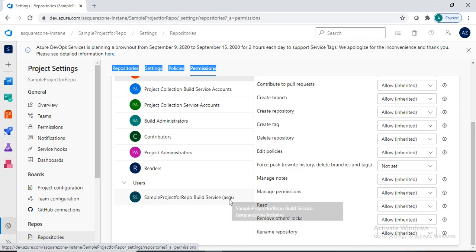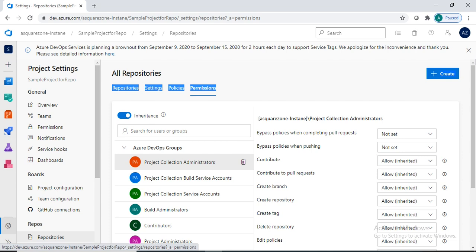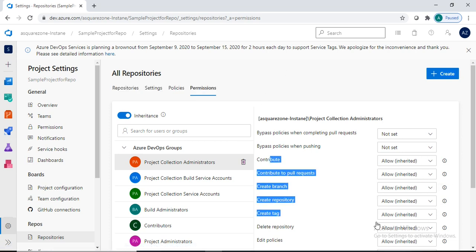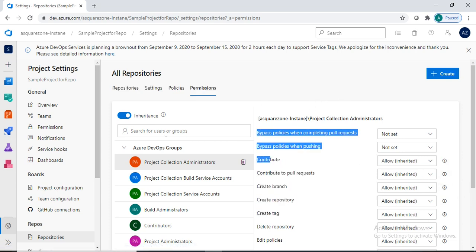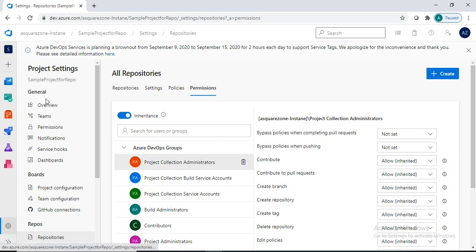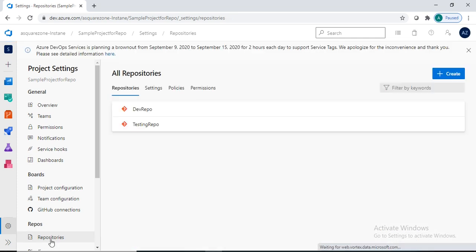Sorry, it is my group name here, organization name. So it is showing me a square zone instance. So here we do have multiple options for groups as well as users. So these are all repositories options here.